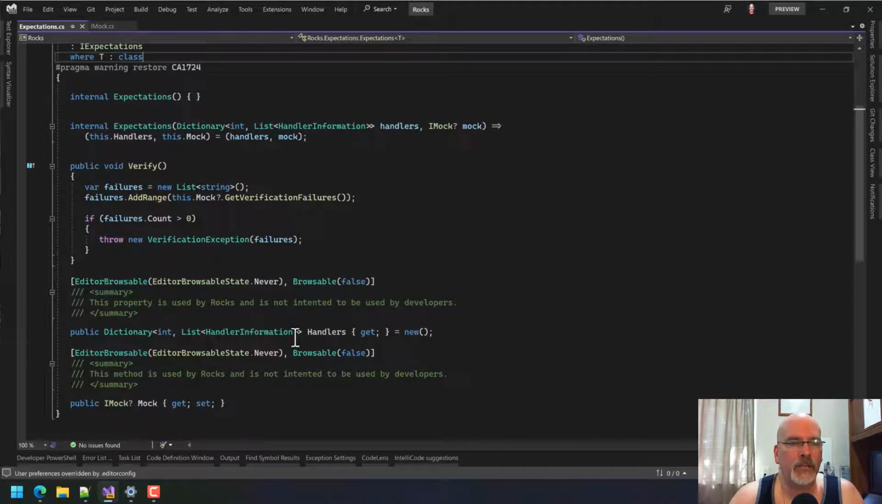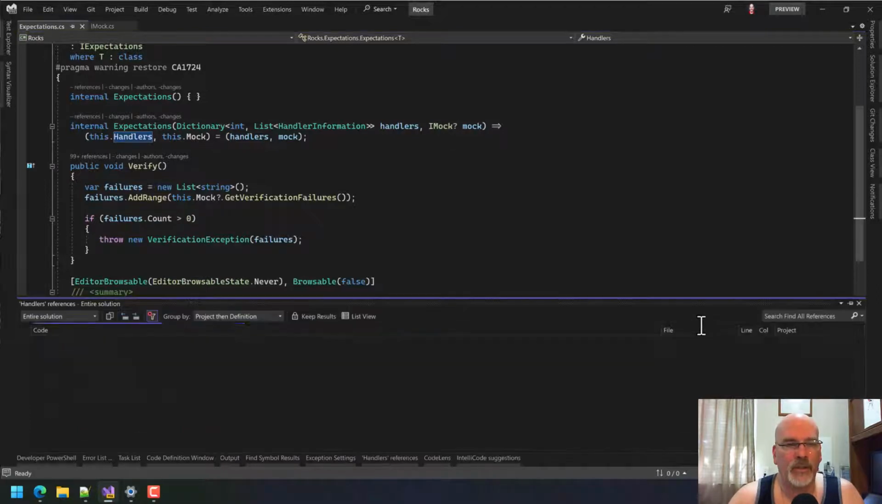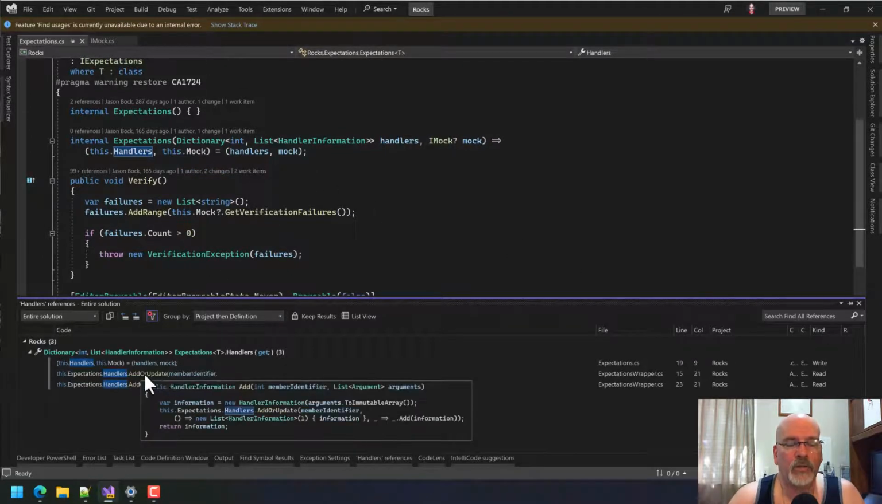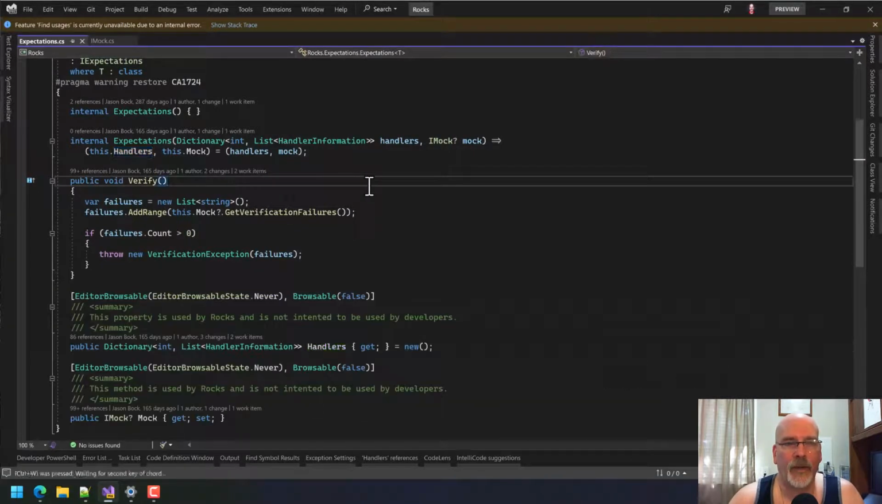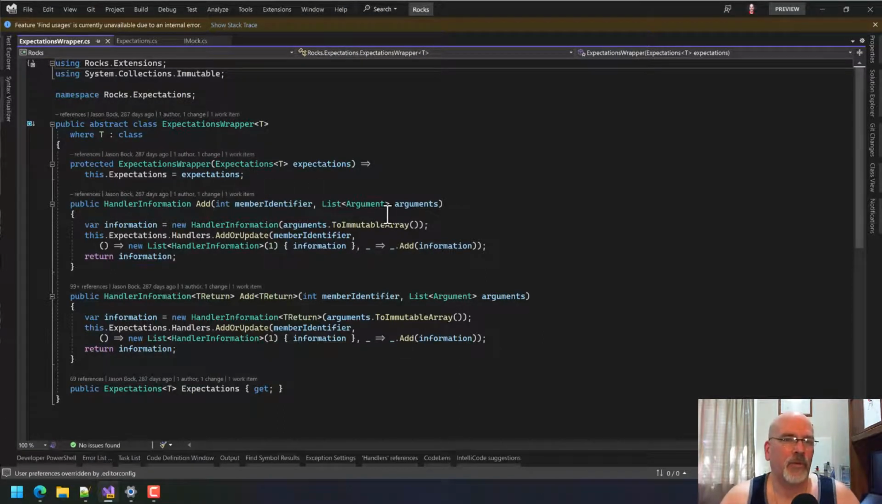for one thing, we keep a reference to the mock. Another thing is that we do allow people to get to the handlers. I'm not sure about either one of them. Maybe this one is needed in certain cases. I'm not really sure offhand, because really the verify is all you need. Yeah, we call it, and then there's an add or update in the wrapper, which I think we can get rid of, because I was looking through this and I don't see a reason why we need this